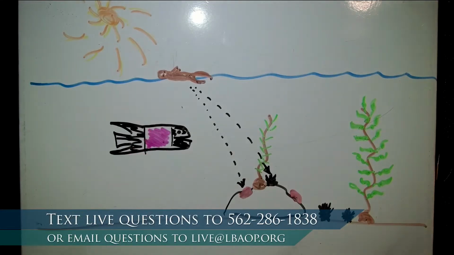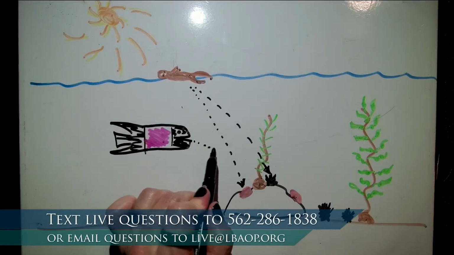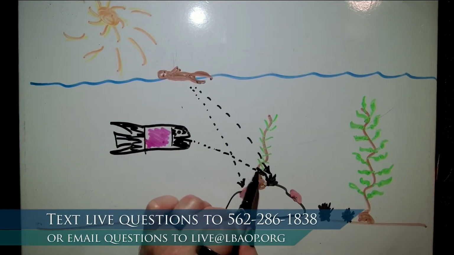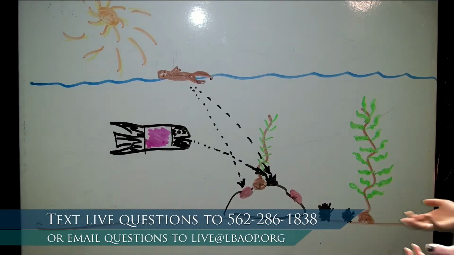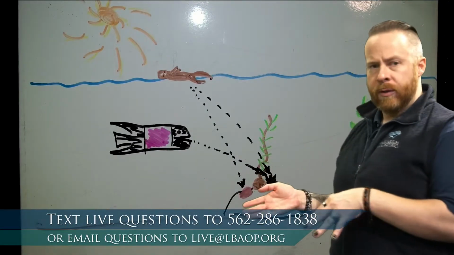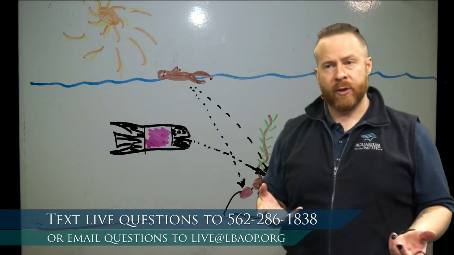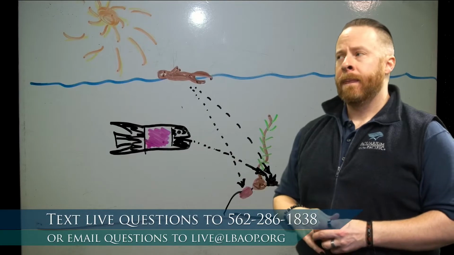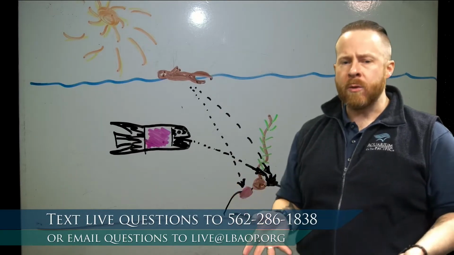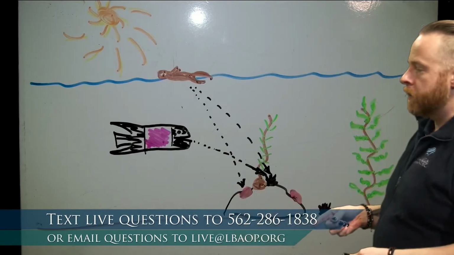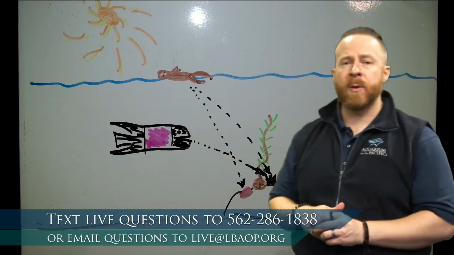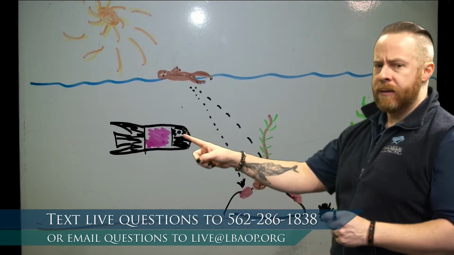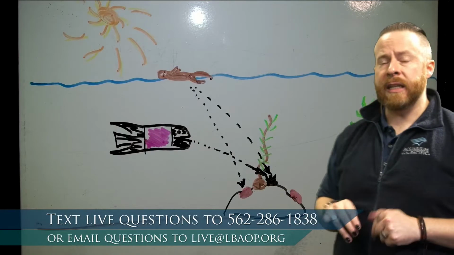The sheephead wrasse helps the ecosystem by eating urchins. So there's a few things that live in a kelp forest that eat urchin. That means that we need a lot of urchins to support both the otters and the sheephead. Well, what if there's too few urchins? In this very simple food web we've created, the wrasse doesn't have any other things on here that it can eat. Now, in reality, it does.